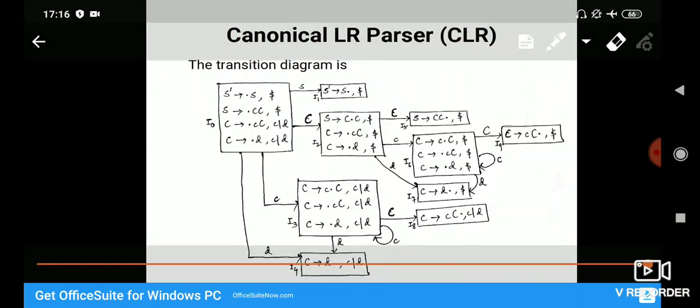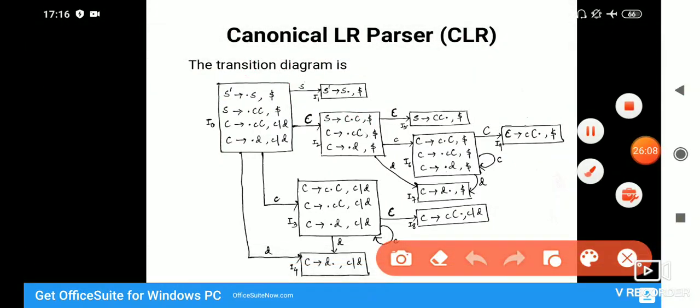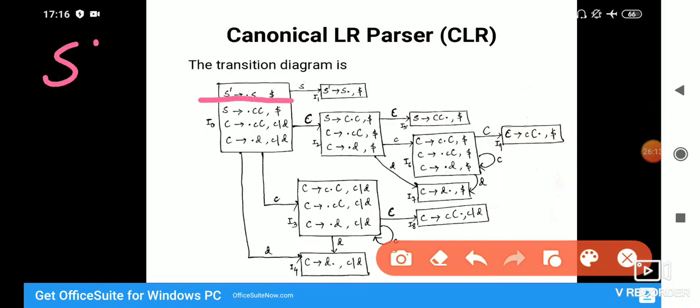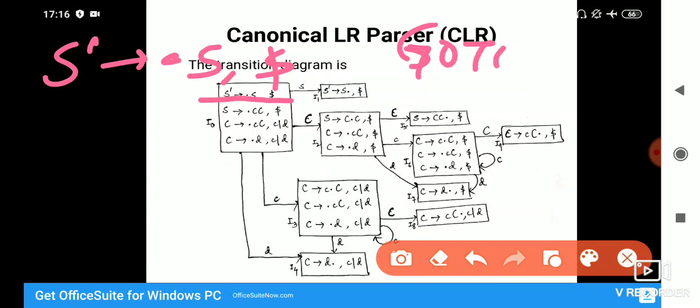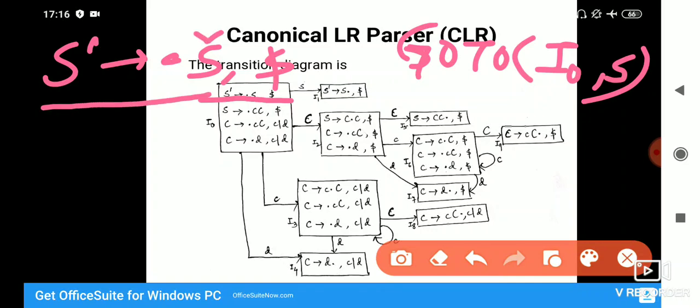Repeating it once again, we took the first item S dash to dot S comma dollar from I0, and we performed goTo of I0 comma S. Why? Because after dot, this is the symbol that was available in the item. After dot there was S. Okay, so that is why we can see the movement shown over here in the form of S.